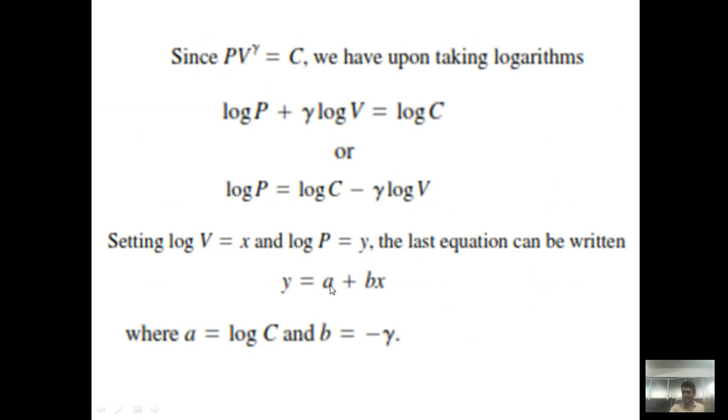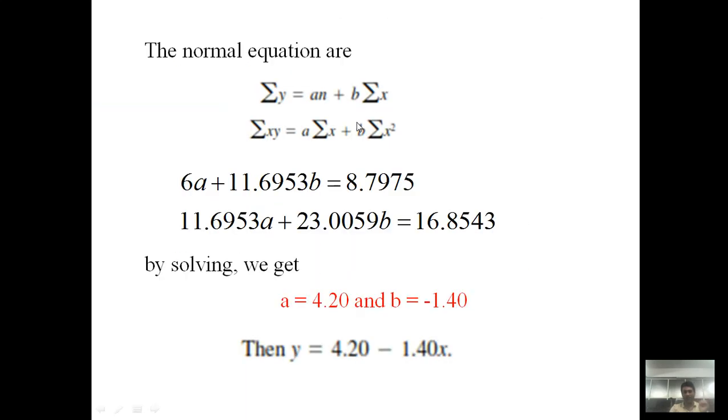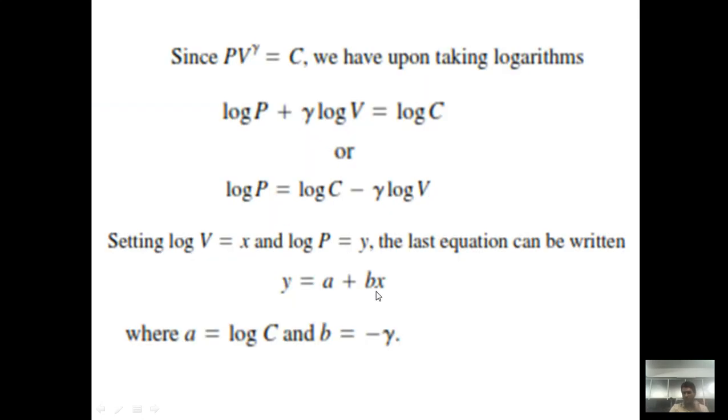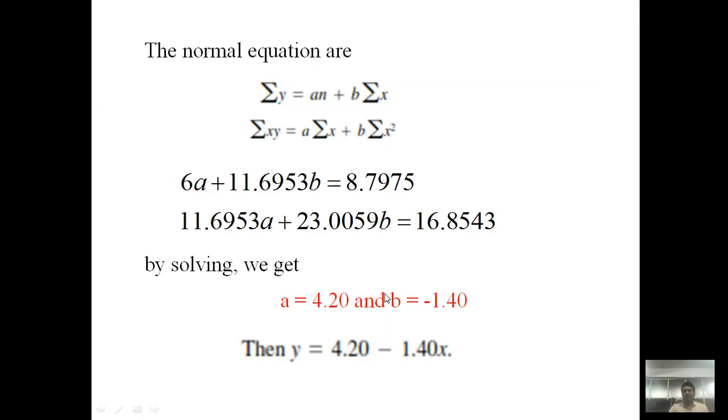Then apply summation, that is summation of ax. But a is a constant, so take it outside, that is a into sum of x. This term. Finally, bx is already there. Again multiply with x, so bx square, that is summation bx square. But b is a constant, so it is outside, so b into sum of x square.